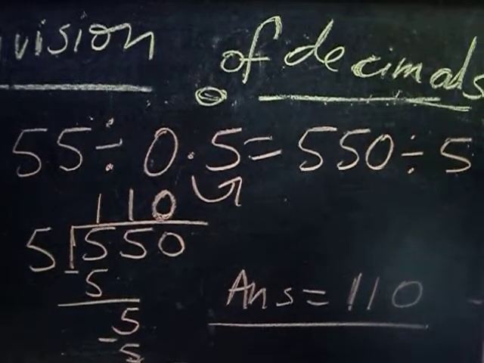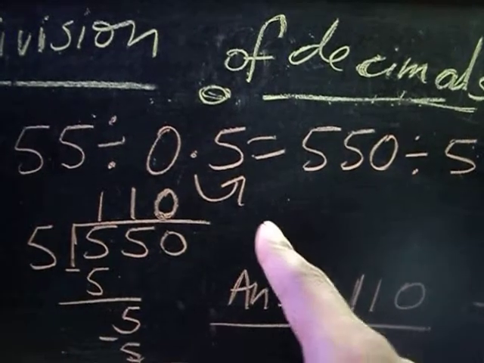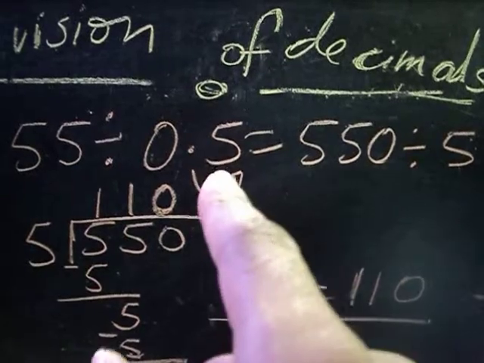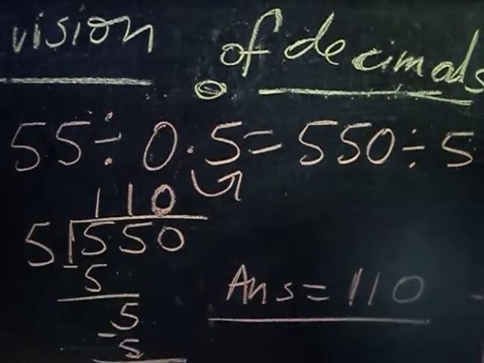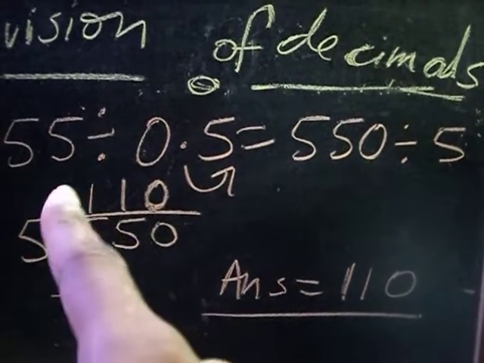So remember that when you divide in decimals and you have a decimal in the second position, or in the divisor, you change that to a whole number. Whatever you do to that, you do to the first one here, which is the dividend, in order for you to get, of course, your answer, which is the quotient.